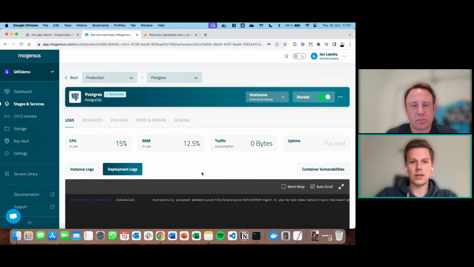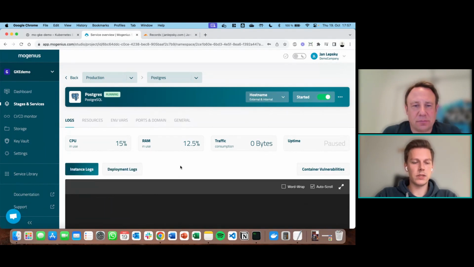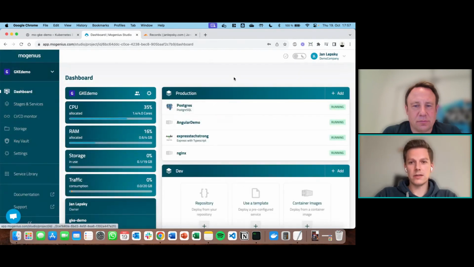We can see that the deployment is starting right away. The volumes are used to persist the container, and then we'll see that the database will start in a couple of seconds. So you can see that with just a few clicks on the user interface, and by the way, everything that we're doing here is available through the API as well, and through the CLI. We deployed our environments on the cluster, and we're basically working with Kubernetes in a self-service way without thinking too much about the whole Kubernetes complexity under the hood.